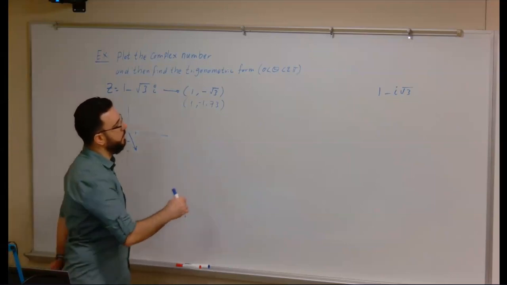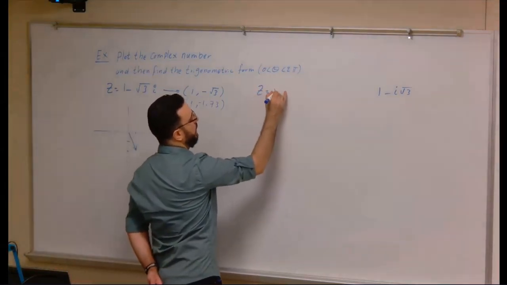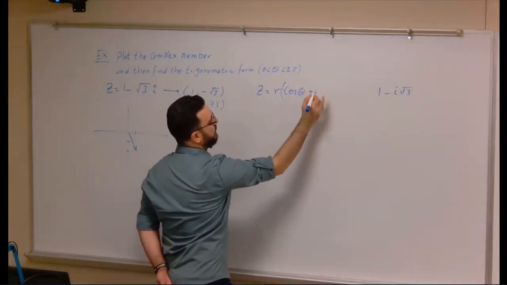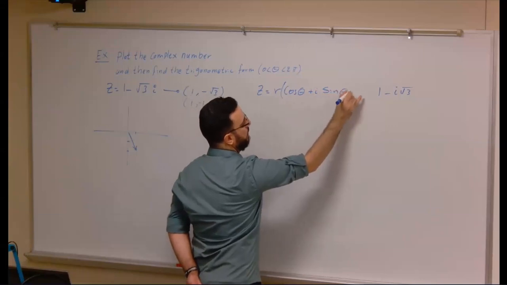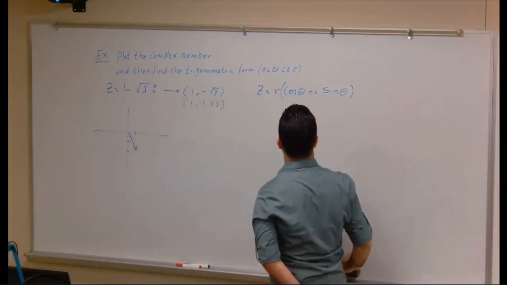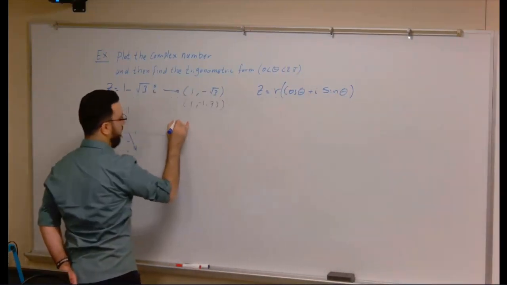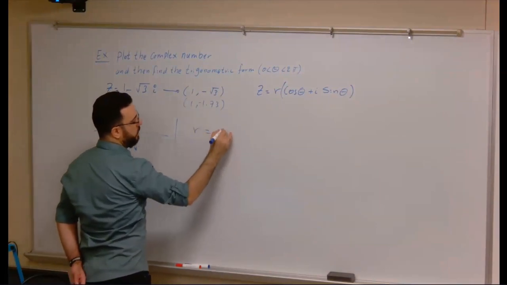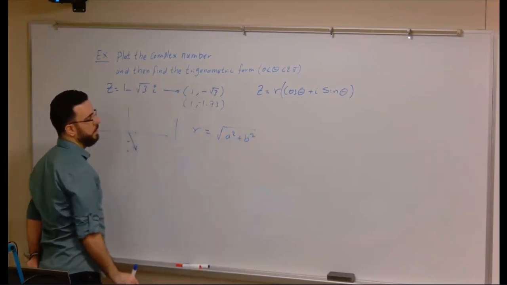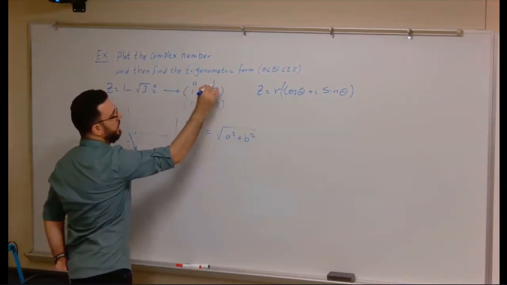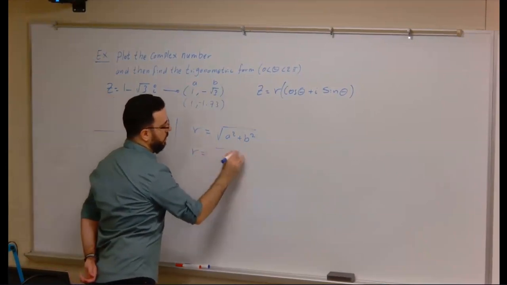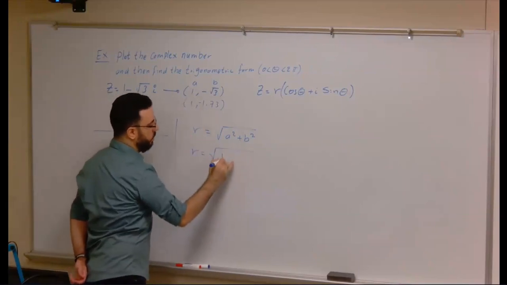Now to find the trig form, I have Z equals R cosine theta plus I sine theta. So what's the first thing I need to find? I need to find R, which is equal to the square root of A squared plus B squared. This is A, here's B. So R is going to be equal to the square root of A squared, which is 1 squared, plus